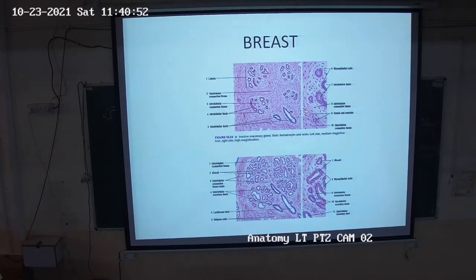According to the stage of the menstrual cycle, changes take place in the breast. In the inactive mammary gland, the lumen of the intralobular duct is circular, surrounded by the interlobular duct and connective tissue. Interlobular ducts combine and form the lactiferous duct that opens into the nipple. The epithelium in the intralobular duct is cuboidal. In the center you can see numerous intralobular ducts. So this is one lobule having intralobular ducts with cuboidal epithelium. This cuboidal epithelium changes into simple columnar epithelium in the interlobar duct, and these ducts combine and form the stratified duct known as the lactiferous duct.